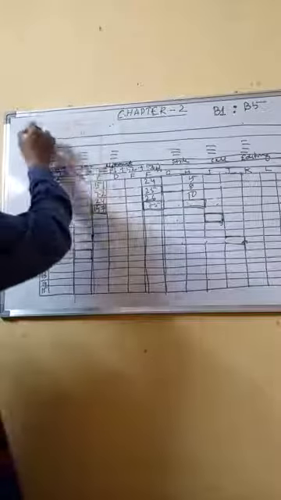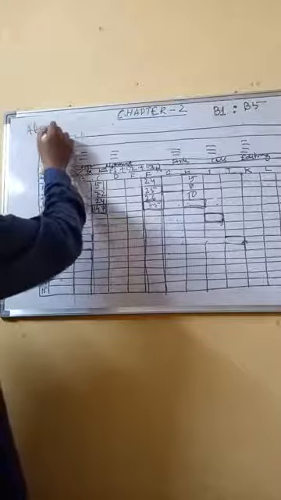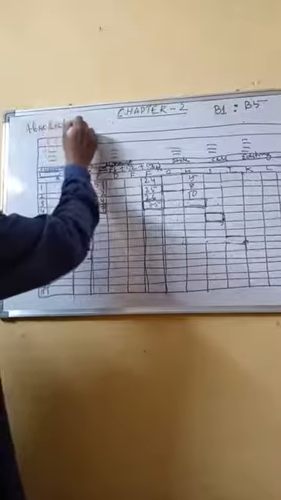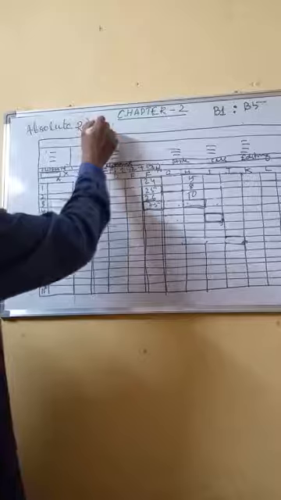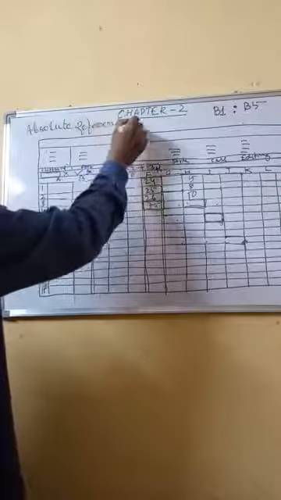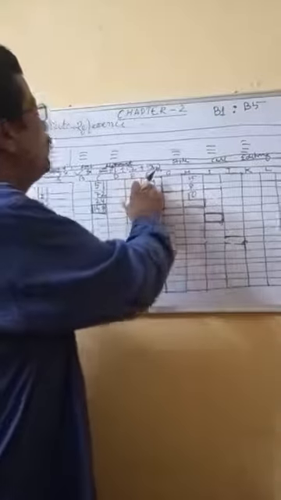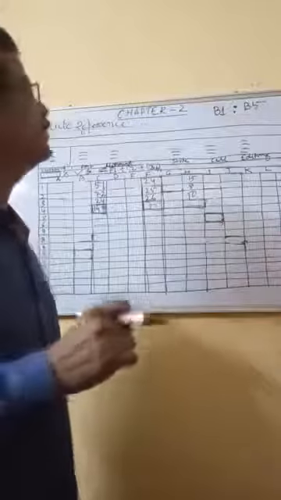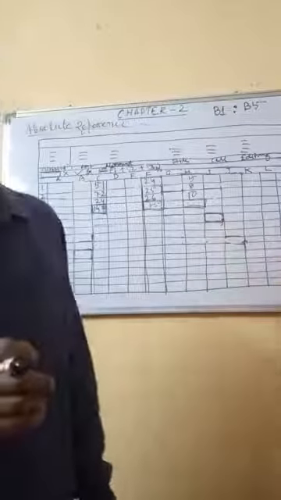Absolute reference, what is it? In absolute reference, it is just the opposite of relative reference. Suppose one value you want to keep constant always, everywhere. One formula cell you want to keep constant. In that case, it is called absolute reference.